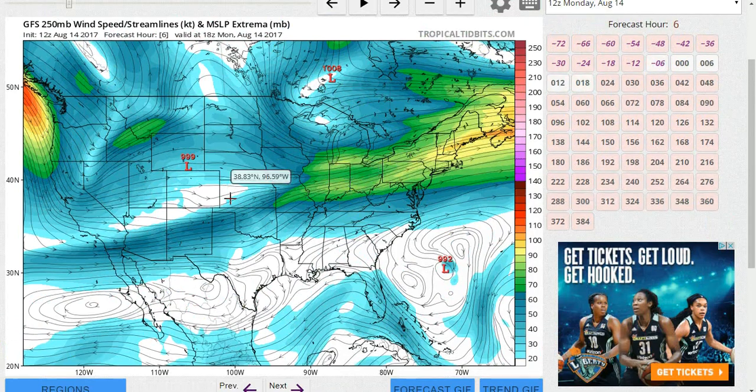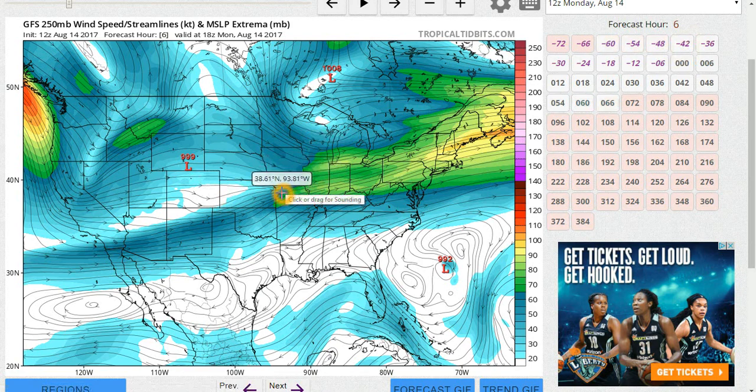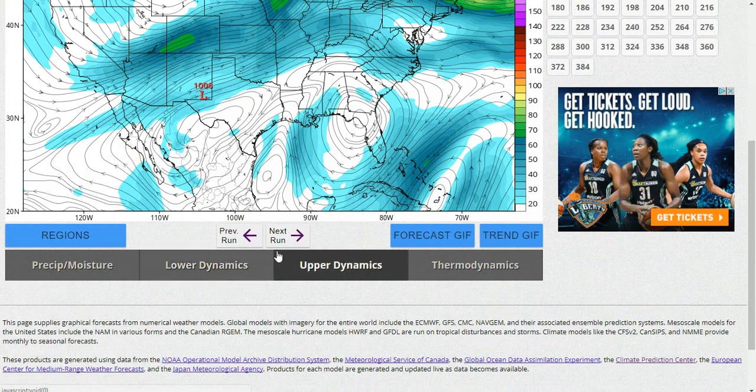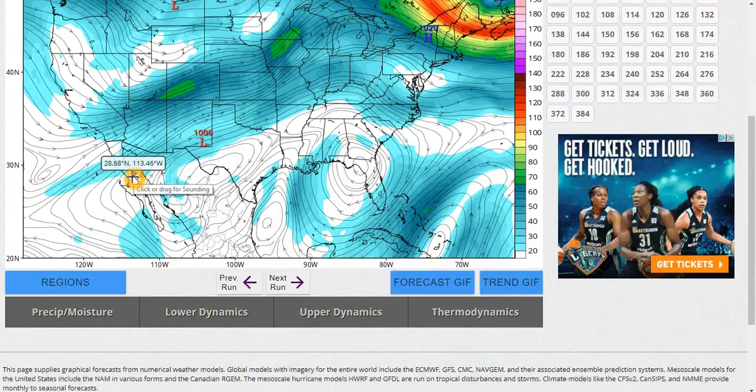Yeah, here's why. You see this? Look at all the strong upper levels that you're seeing here. So that's what's going to steer the storm out to sea eventually. You can see it's already gone by 8 days. I mean, it's already gone by the time we get to Thursday, because we have a strong jet stream setting up for the pattern. And anyways, Gert will be heading out to sea eventually